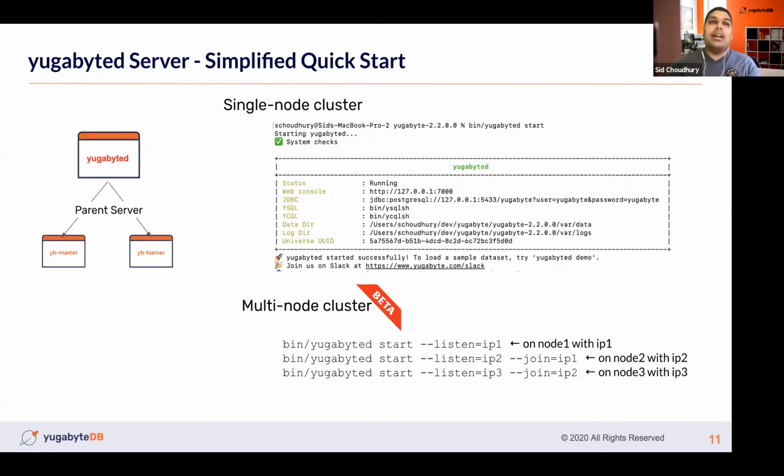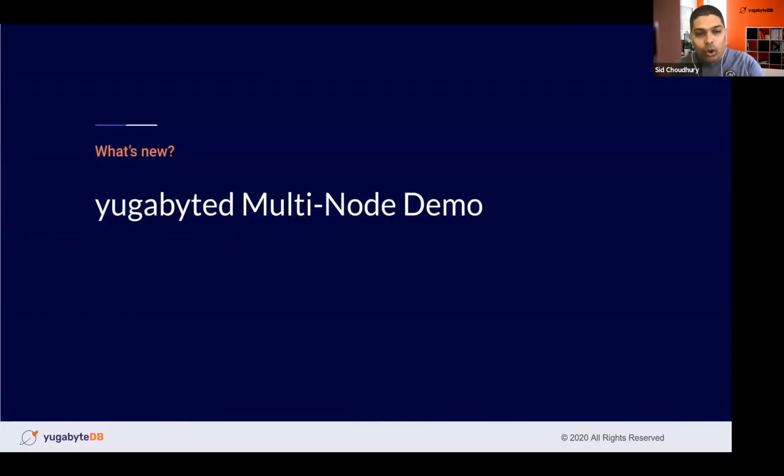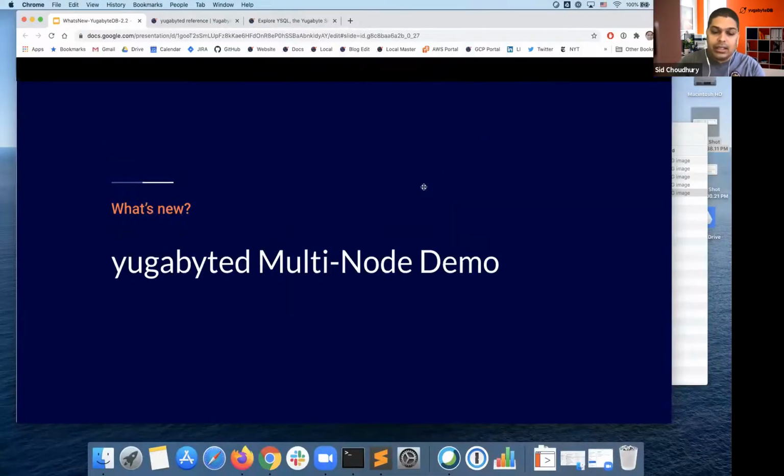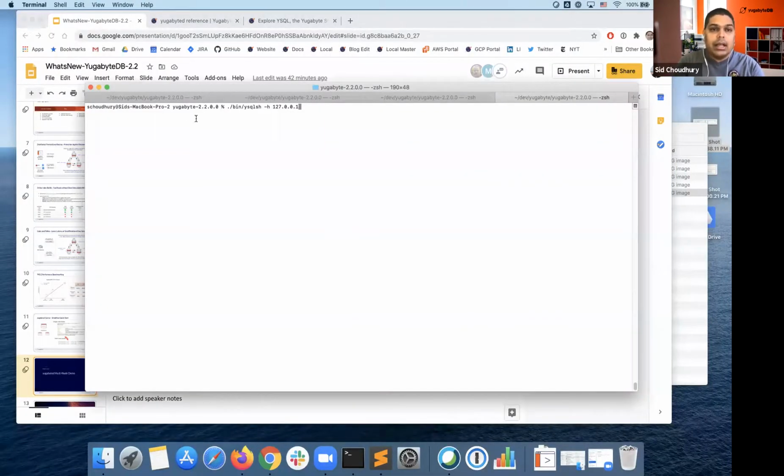And this sort of ability to chain together nodes and not necessarily understand that you have to first initialize the YB Master service, and then you have to initialize the YB TServer service, we feel it's a very important step towards reducing the barrier for our new users to understand and get started with the software. So I will show you YugabyteDB multi-node. This is the beta feature in action on my local laptop, right?